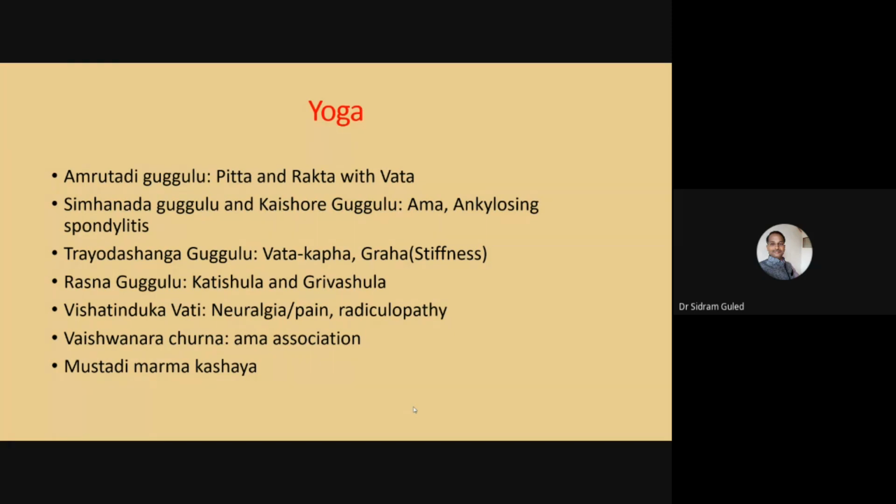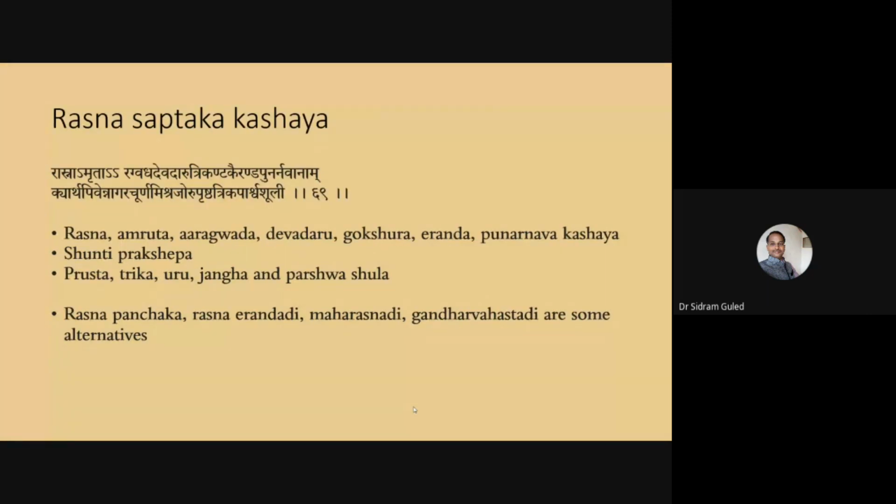Vishatinduka Vati, I use this drug widely because Sarva Vedana Apohati, it is used for Kupita Vata. So neuralgia, neuralgic pains or radiculopathies will be well managed with Vishatinduka Vati. Vaishwanara Churna whenever Ama association is there. And also, rarely I will use the Kashaya, Mustari Marma Kashaya, that will take care of the marma. Another important yoga that I suggest and use for my patients is the Rasna Saptaka Kashaya,